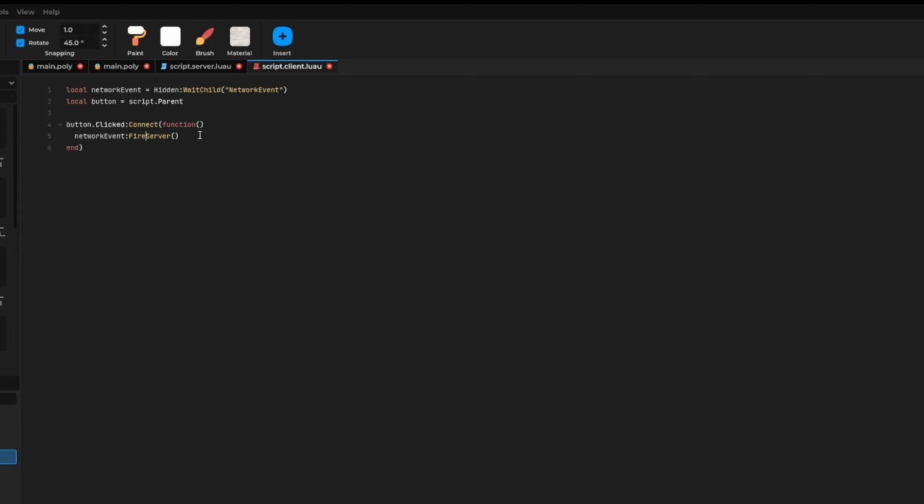And so once you do this, you want to go to your normal script where we'll also get the network event. So network event equals hidden wait child network event. So a network event dot invoked server connect function, and whenever the server is invoked, you can also get the player from which client it was being invoked from. So we'll just have this print a message,